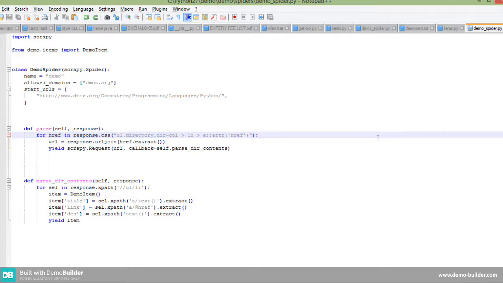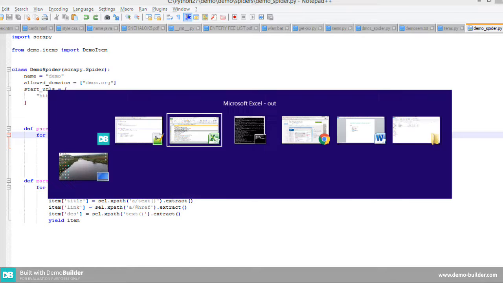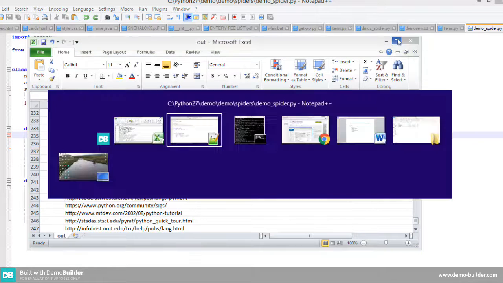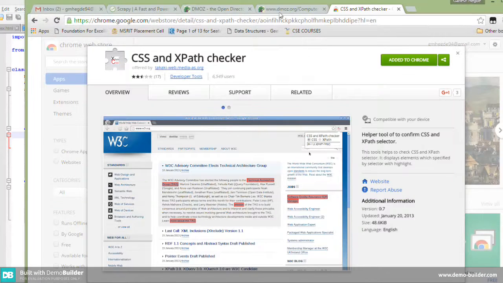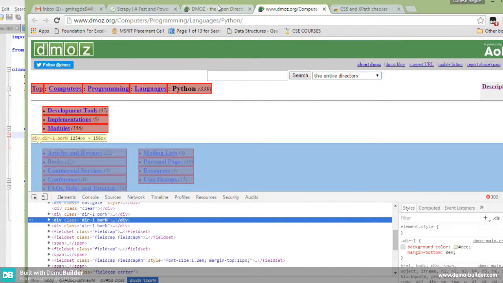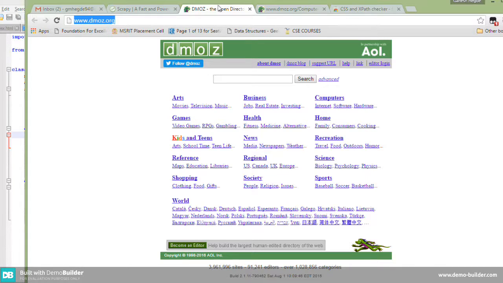Coming to the disadvantages, it only supports Python 2.7, and after the next version of Python, Scrapy is not supported. It also has a bigger learning curve than some other alternatives. To learn Scrapy in depth is difficult, but for the web crawling I have shown, it's simple. Installation differs according to the platform.